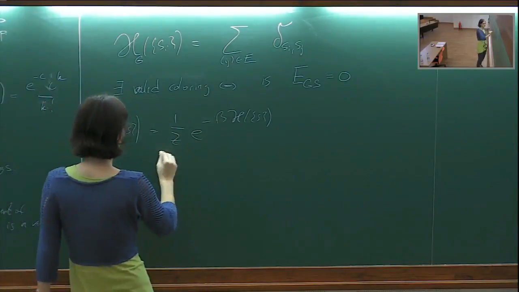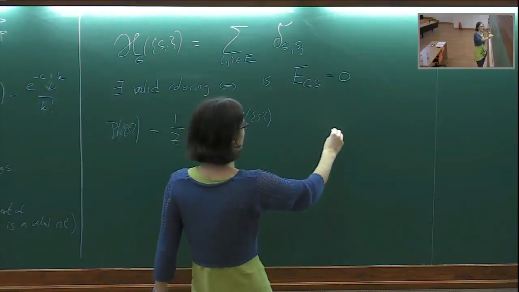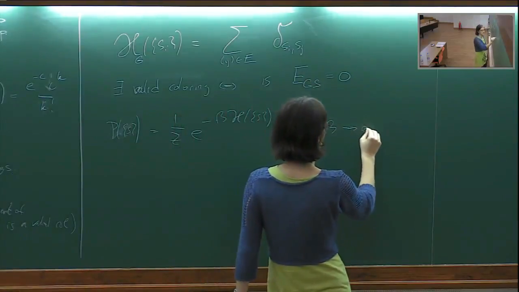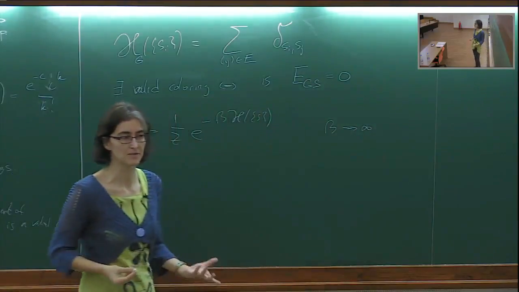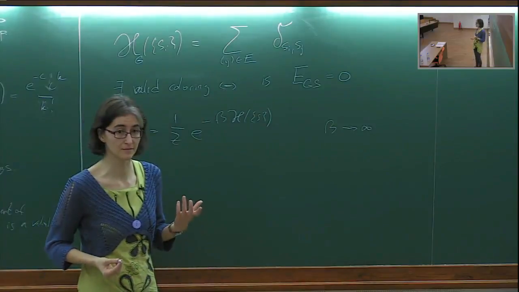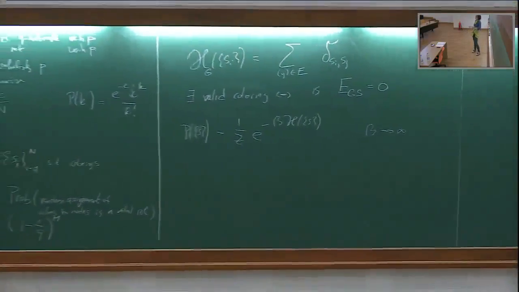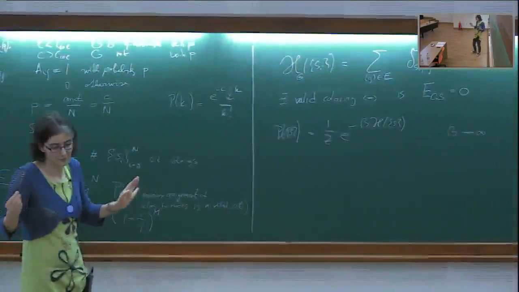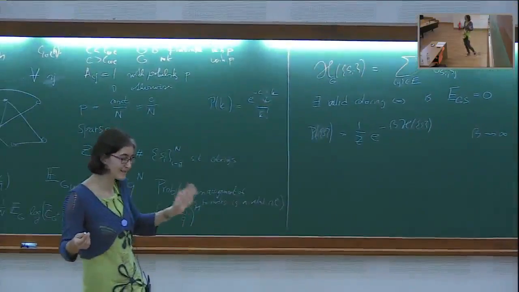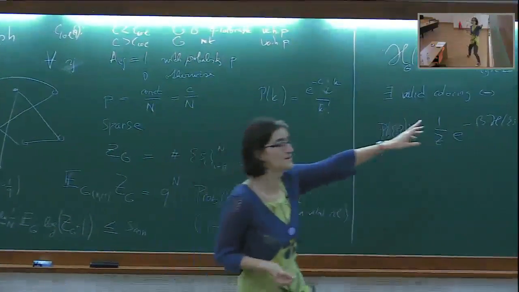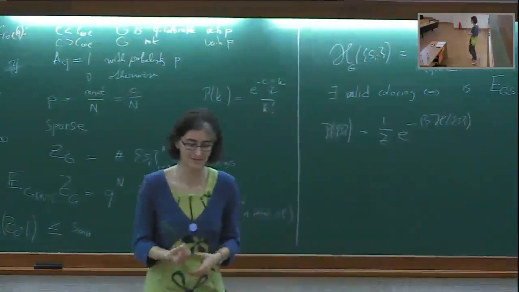And this will be the temperature. But of course, if we want to talk about the ground state, we want to talk about beta goes to infinity, the 0 temperature limit, that will be describing the proper colorings, and the number of proper colorings will be the degeneracy of the ground state. So it might be that there is only one, but that will not be very common. Either there is no ground state of 0 energy, or there are exponentially many, for the reasons that we already mentioned.